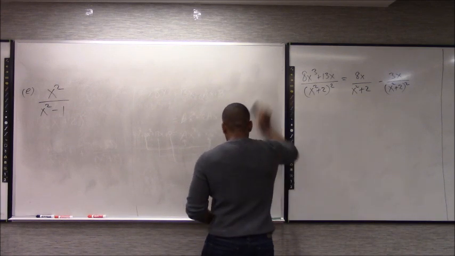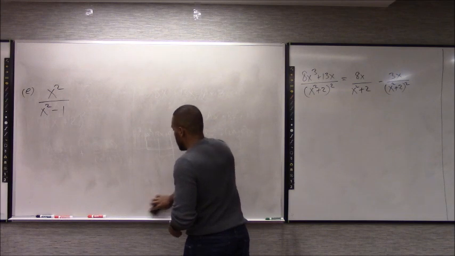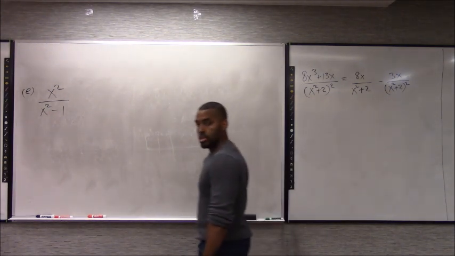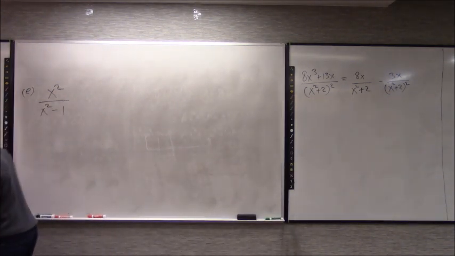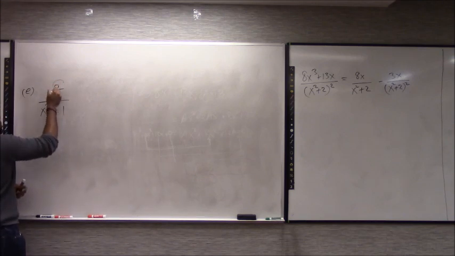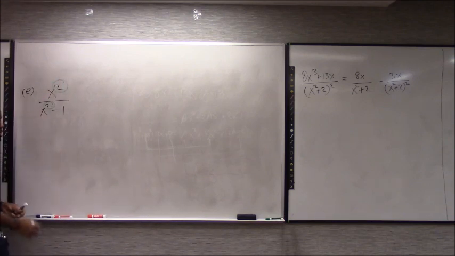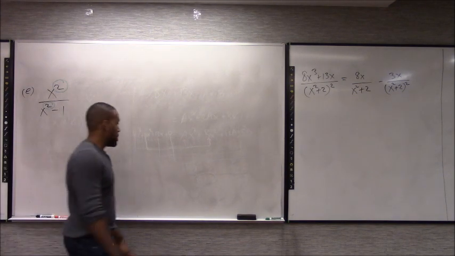Why would you think that as opposed to factoring the denominator? Because the power is the same right now. The powers are the same. Notice here, the degree of the top is 2, the degree of the bottom is 2. This means we have a